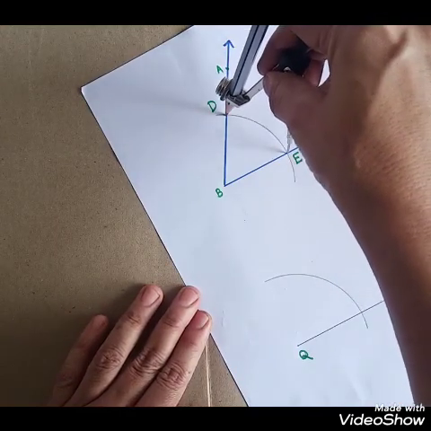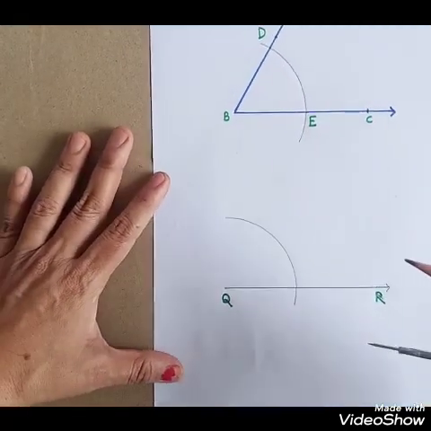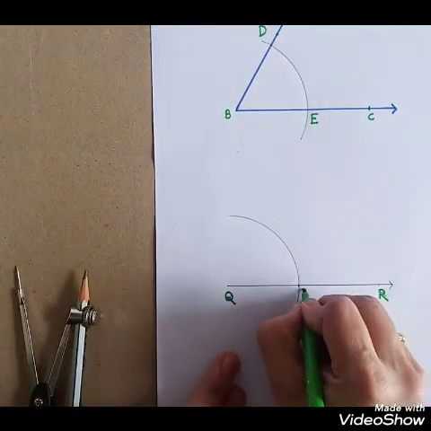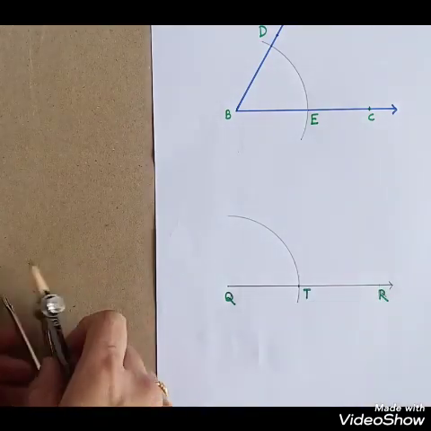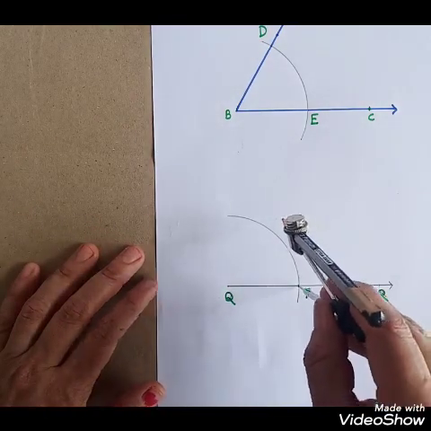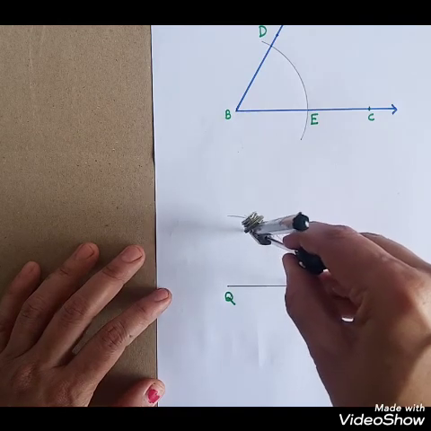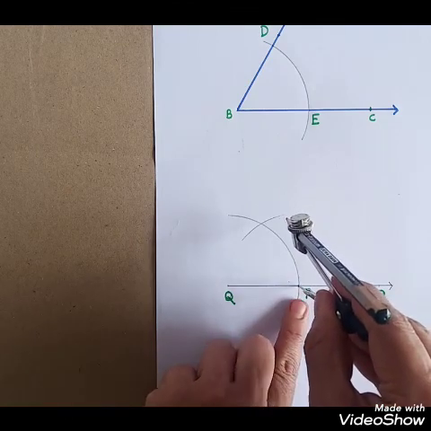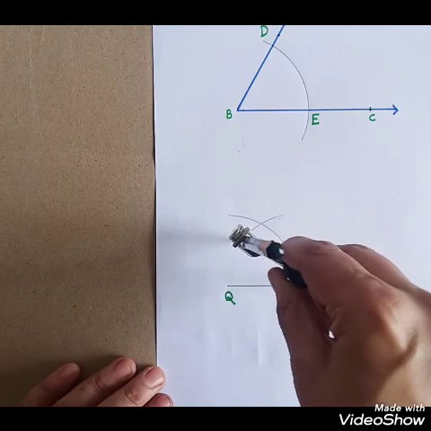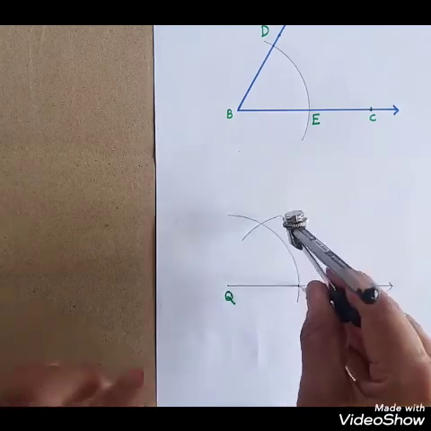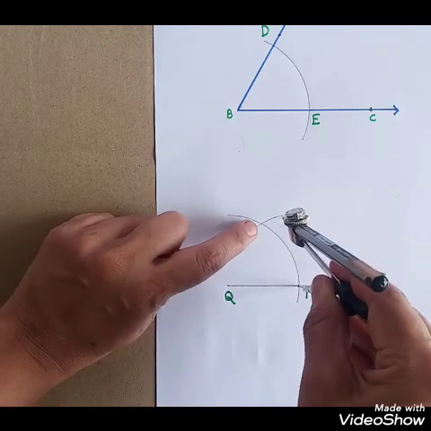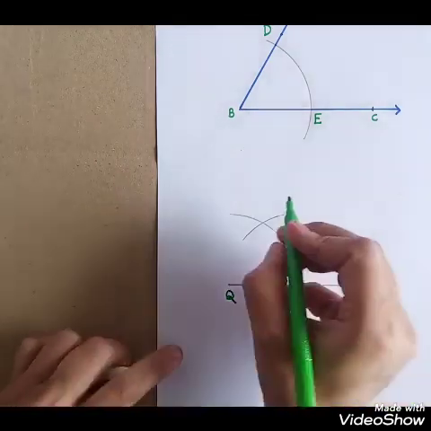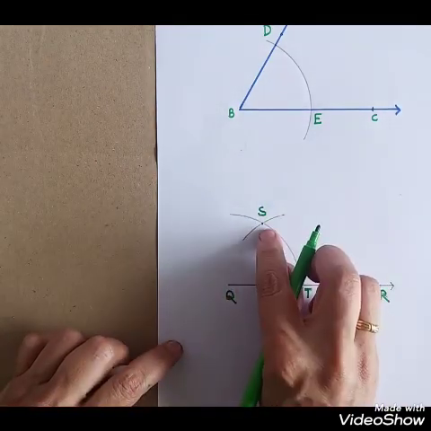सो कीपिंग द सेम डिस्टन्स, हे जे अंतर आहे त्याचप्रमाणे आपण हा जो पॉइंट ऑफ इंटरसेक्शन आहे याला आपण एक नाव देऊया. सो दिस इज पॉइंट T. आणि या ठिकाणी ते अंतर ठेवून आपण एक दुसरा आर्क या आधीच्या आर्कला कट होईल अशा प्रकारे काढूया. सो पुटिंग द पॉइंट हिअर ऑन पॉइंट T, I am going to draw this arc which cuts the previous arc. Look, this is the point of intersection. So let this point be S. This is point S.